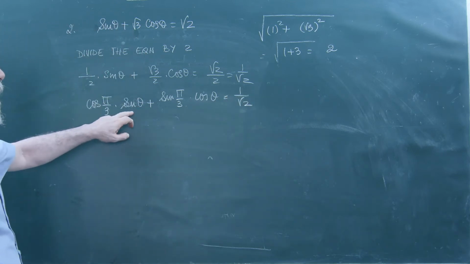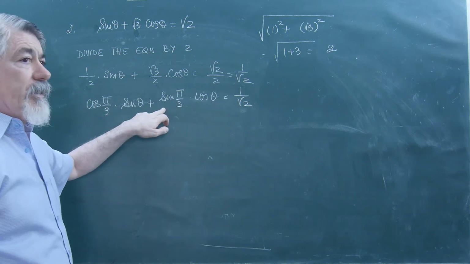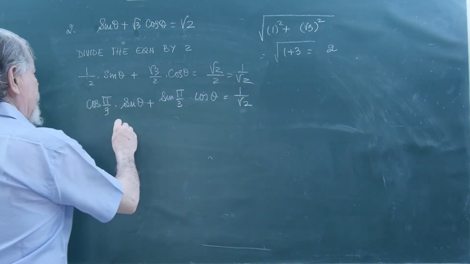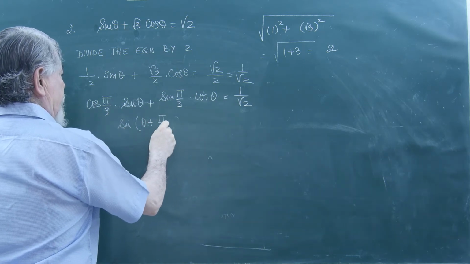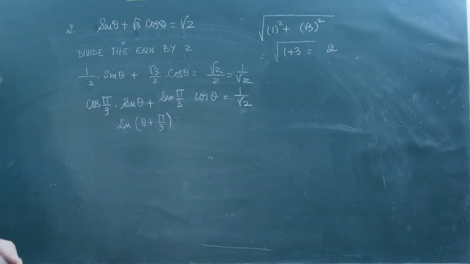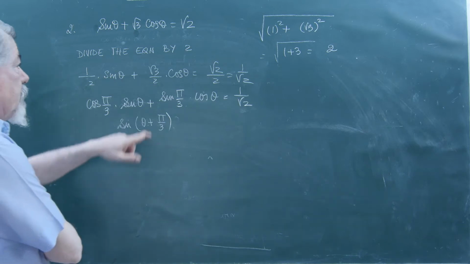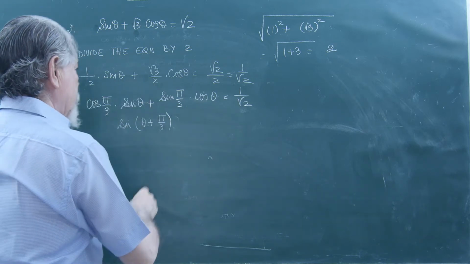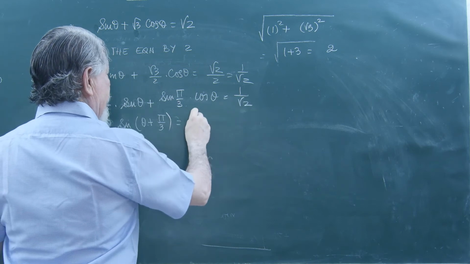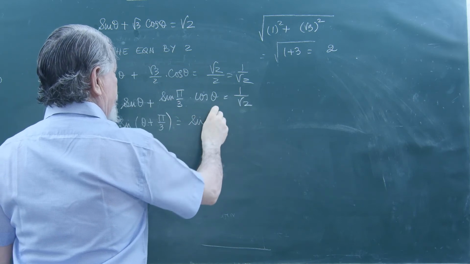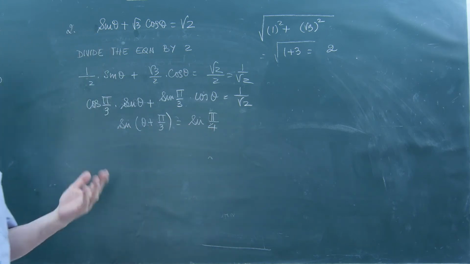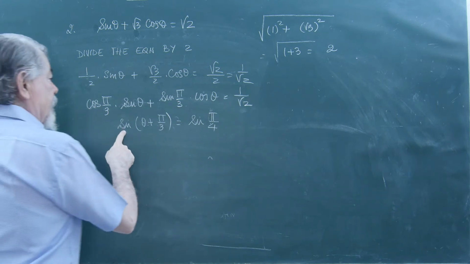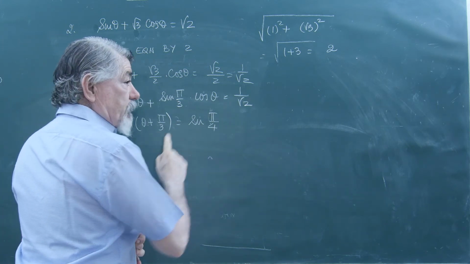What are we getting? Sine A cos B plus cos A sine B. So we can apply the value sine A plus B, sine theta plus pi by 3. Pi by 3 is 60. Cos 60 is 1 upon 2 because sine 30 is 1 upon 2. And of course, sine 60 will be root 3 upon 2, is equal to sine pi by 4. Whatever is this side, we will try to bring it in terms of that so we can express it like that. Now it is sine theta is equal to sine alpha.